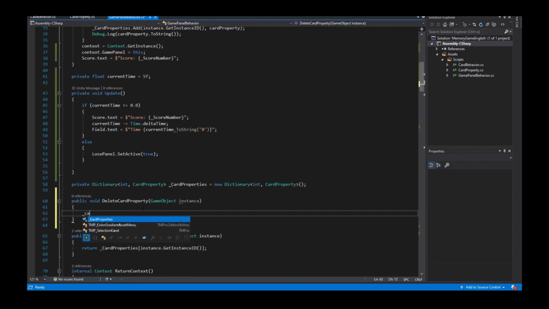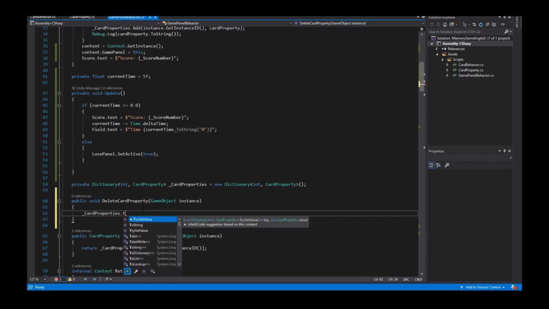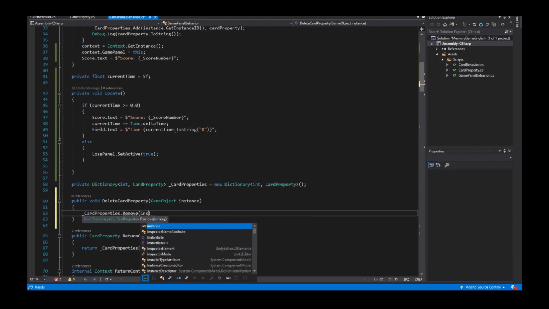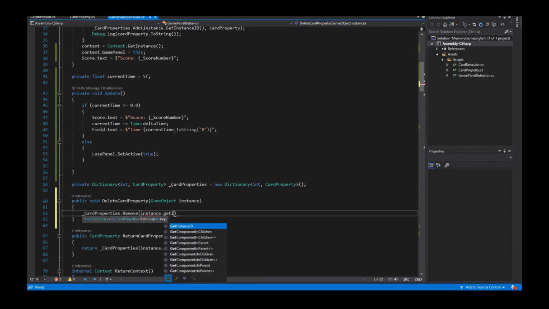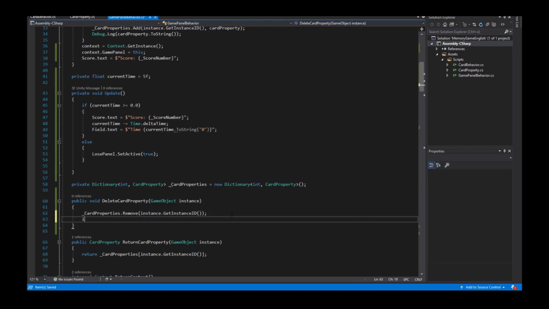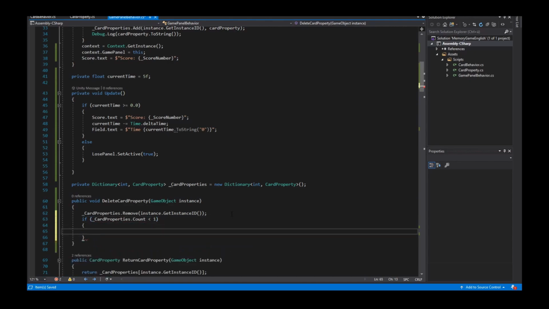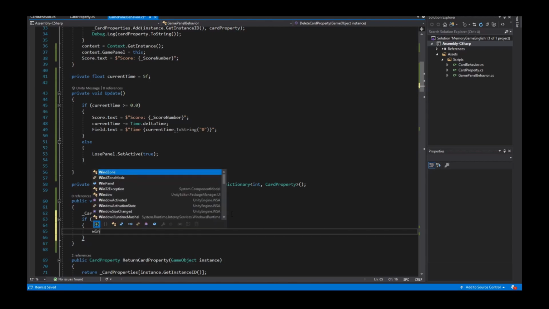So I say card property remove instance get ID, and then I ask if the card properties count is smaller than 1, so I can set the win panel